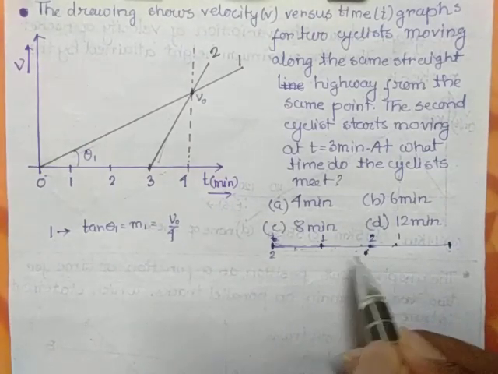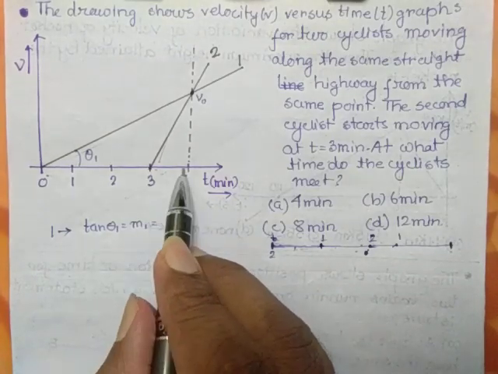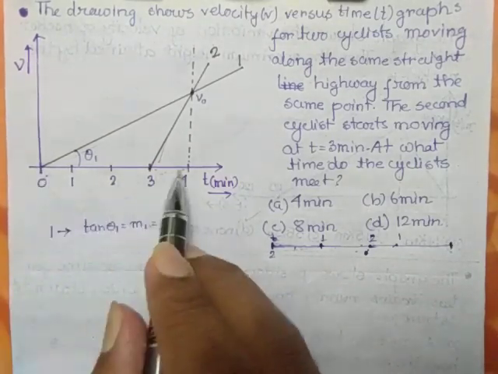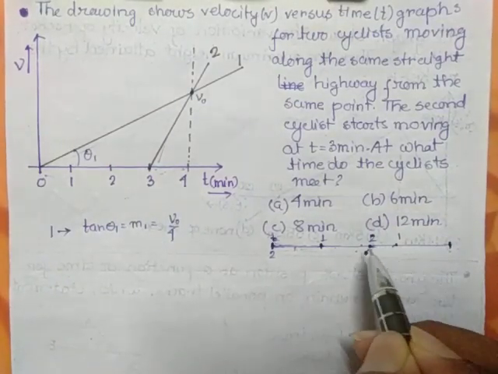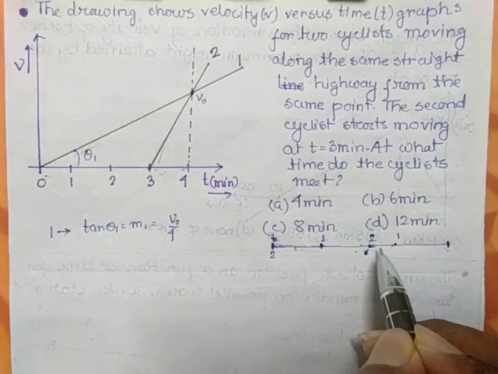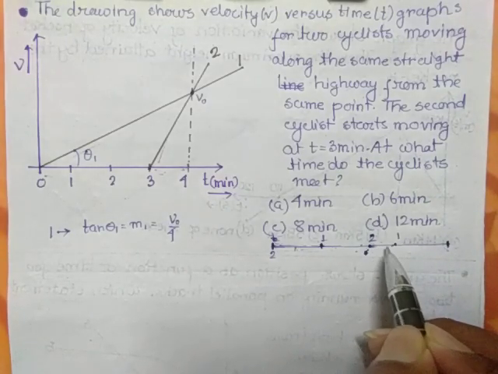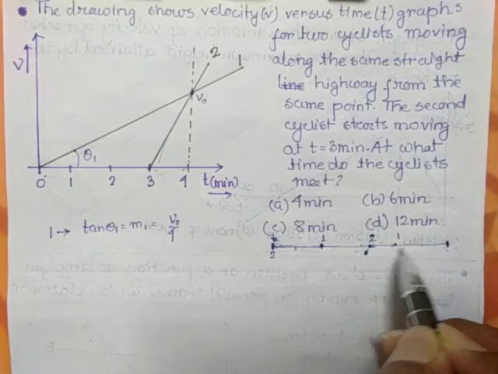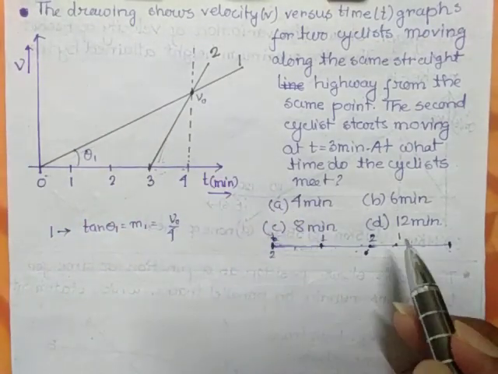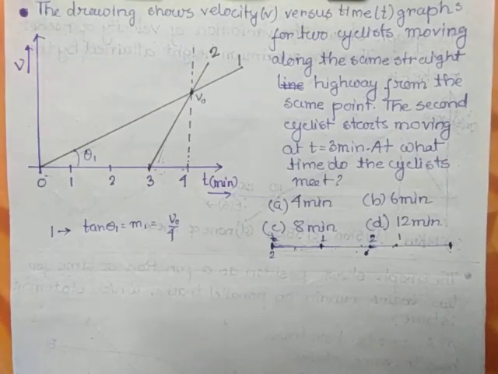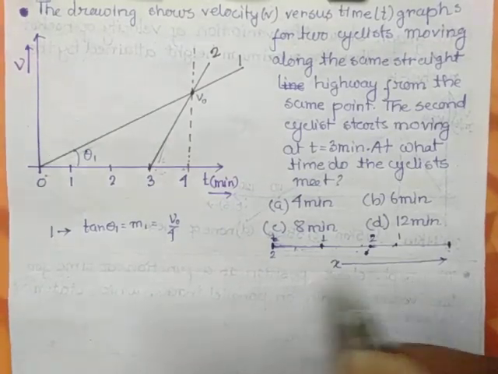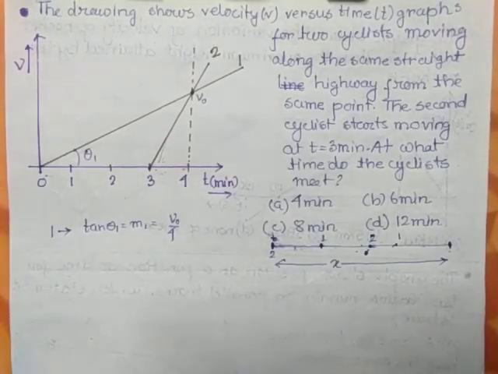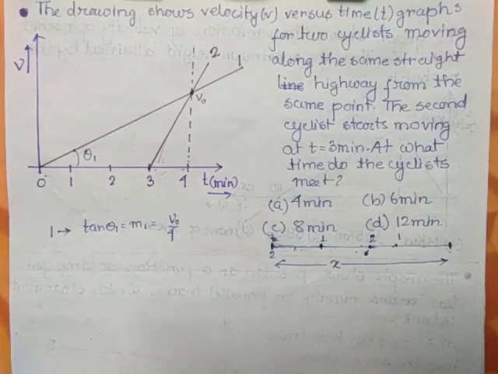Okay, after some time, that is after 3 minutes plus 1 minute, 4 minutes, particle 2 and particle 1 have the same velocity, but they are at two different points on the path. They continue maintaining their velocities, and after that they meet. So we have to understand here that, let us say, from the starting point at a distance x, they will meet.